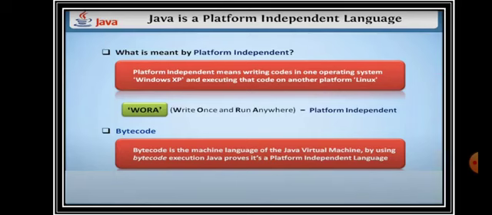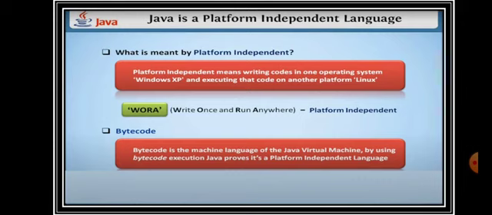Now here, Java is a platform independent language. What is meant by platform independence? Platform independence means writing code in one operating system, Windows XP, and executing that code on another platform, Linux.